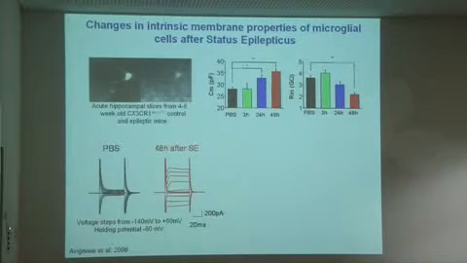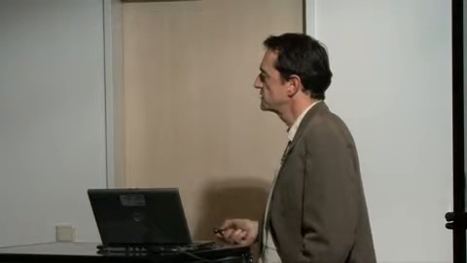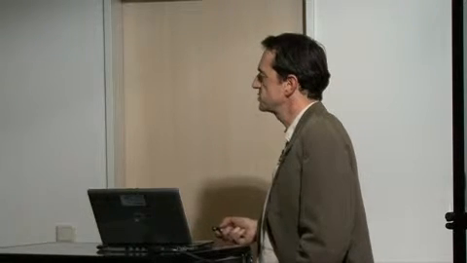So if we look now at some more voltage-activated properties, this is what the IV curve of microglial cells in the resting hippocampus looks like. Rather boring recordings for an electrophysiologist. There is almost nothing to see. It's only passive membrane properties. Whereas 2 days after having induced the status epilepticus, we start to see potassium currents that are activated by hyperpolarization and some others that are activated by depolarization.